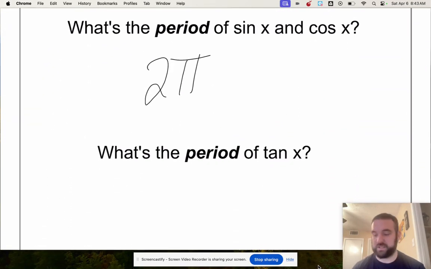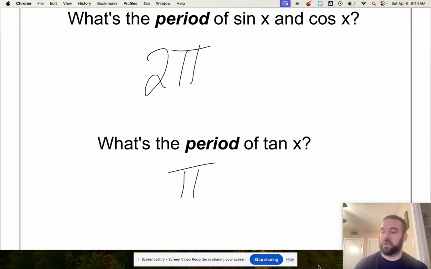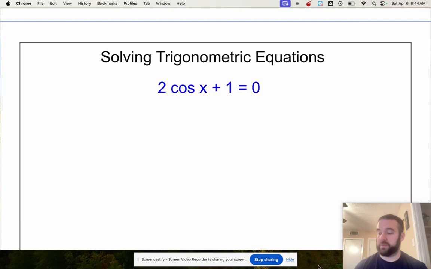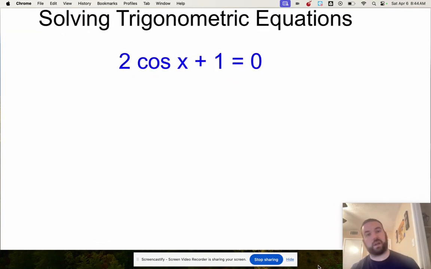But tangent only has a period of pi, and that's going to be important because when we're solving equations that have tangent in them, we are not going to use plus or minus 2 pi k. We're just going to use plus or minus pi k. So, all right, let's get into it. Again, these are just a series of examples that'll start simple and then build their way up in difficulty. So if I asked you 2 cosine x plus 1 is equal to 0,